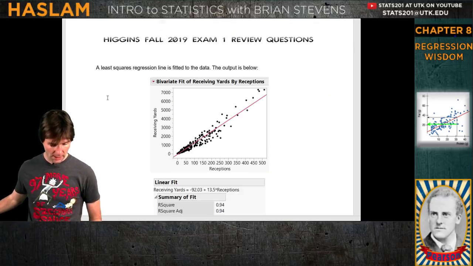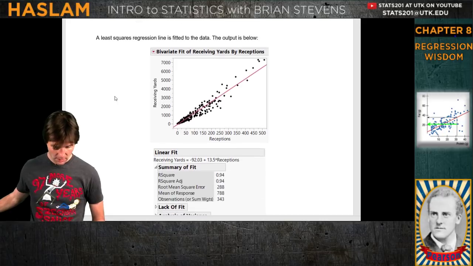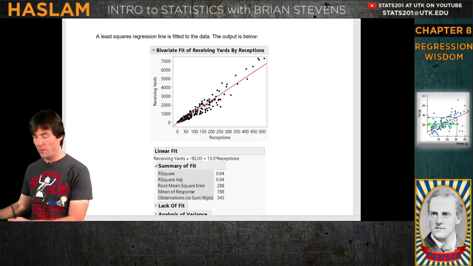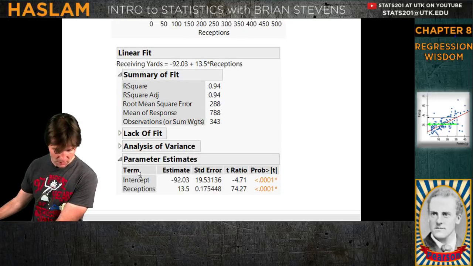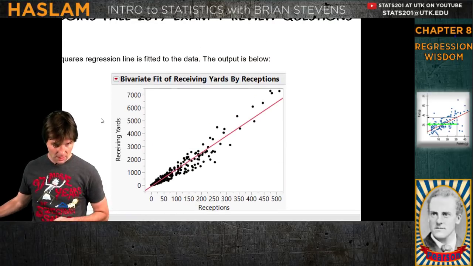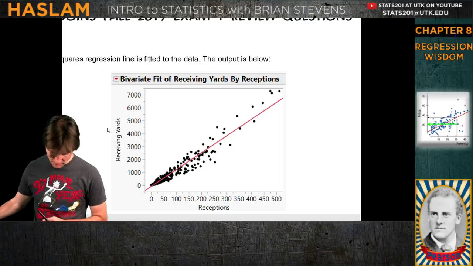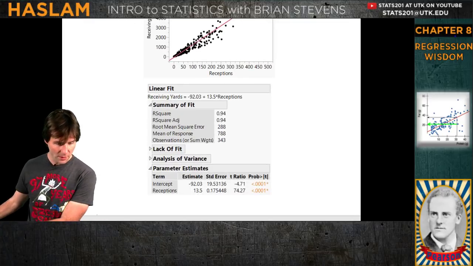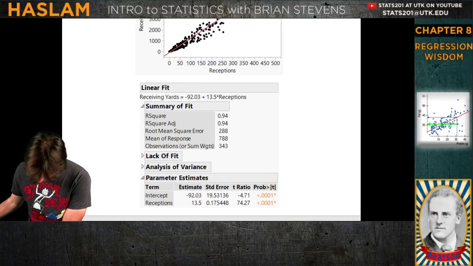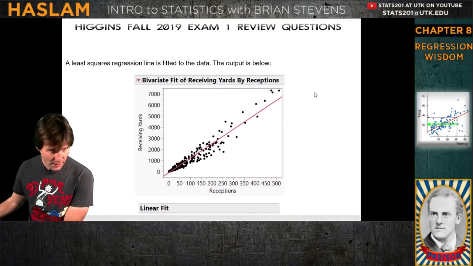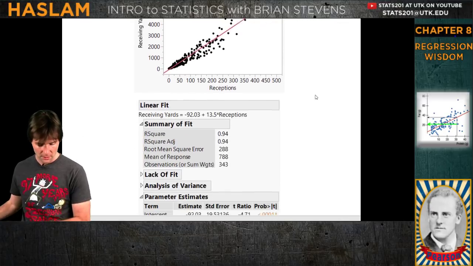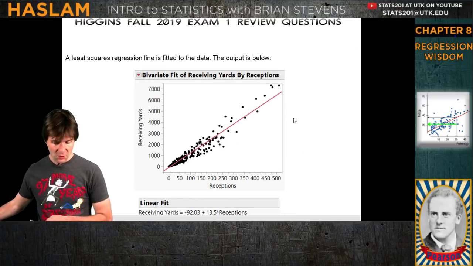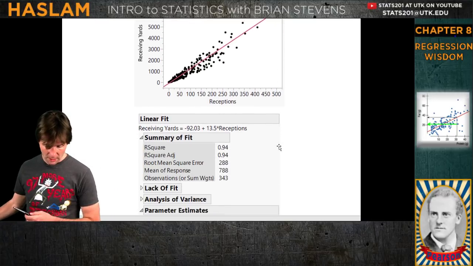So with that in mind, oh yes, I love these ones. These are so great. Let me zoom in a little bit on this so we can see even better, because there's blank space. So we have here the least squares regression model. Okay, a least squares regression line is fitted. We got the line, and here we are.